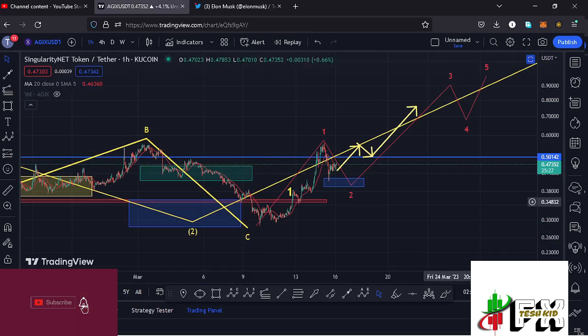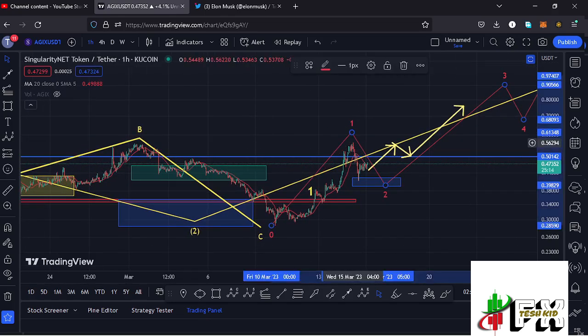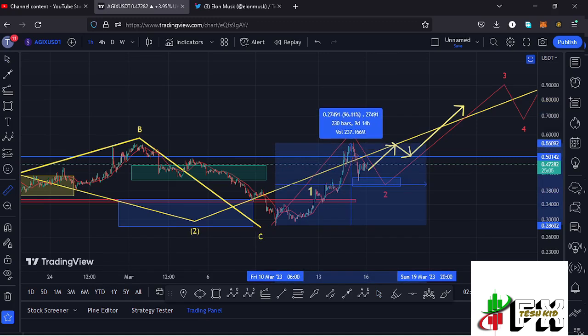And after seeing our low in the formation of that wave 2, we started this massive run up to the upper side in a move that has now given us a peak at around the $0.56294 mark. And by first giving you a measure from that low to that high, you can see that the market was up by more than